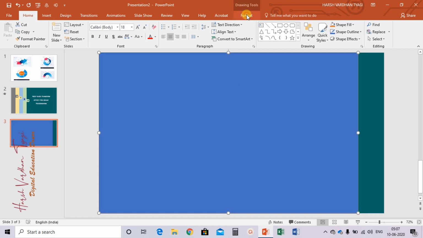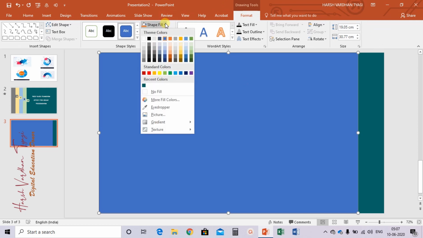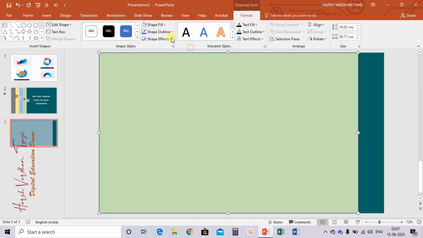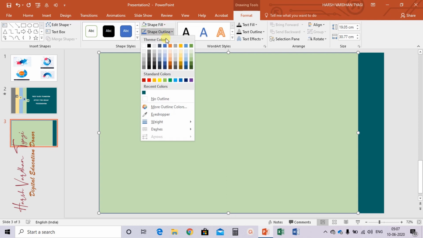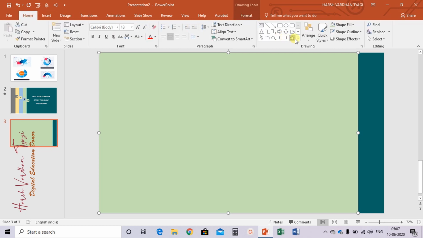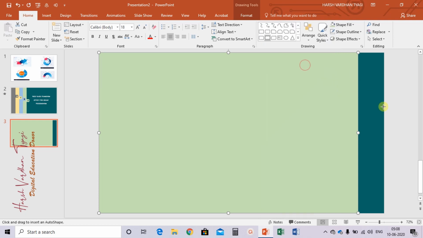Now go to the format tab. In the shape fill, select the color, like I'm selecting this one, and for shape outline, no outline. Again in the home tab, click on this drop down arrow and select the rectangle shape that is top corner rounded.